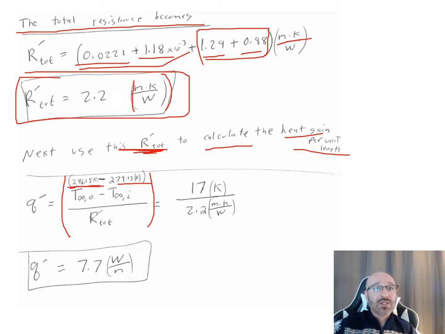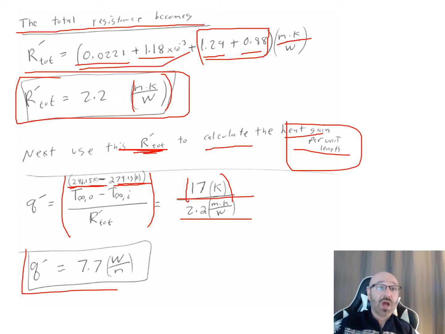So we have 296.15 minus 279.15 Kelvin, which gives us a temperature difference of 17 K. Do that in Celsius, prove to yourself that it's the same, divided by that new value for our total resistance of 2.2. So now when we calculate this out for our heat gain per unit length, including the insulation, we have our Q prime is equal to 7.7 watts